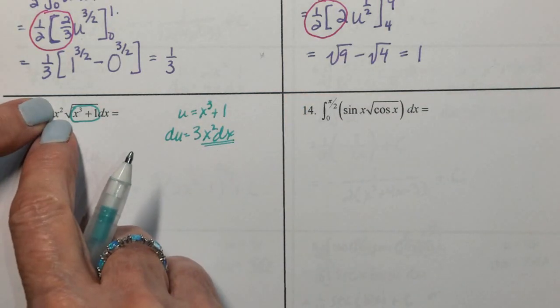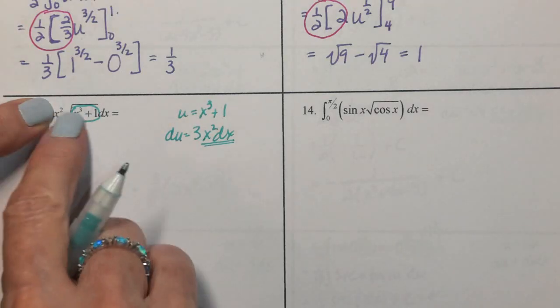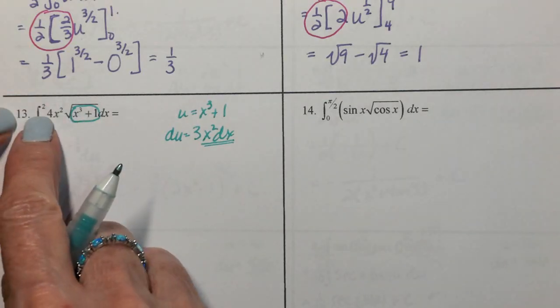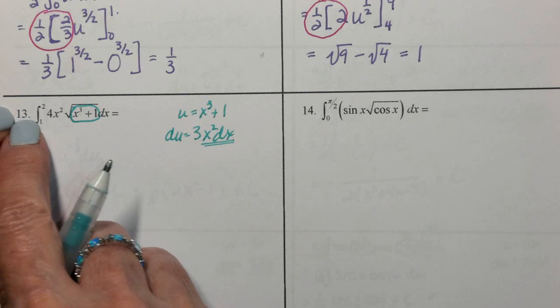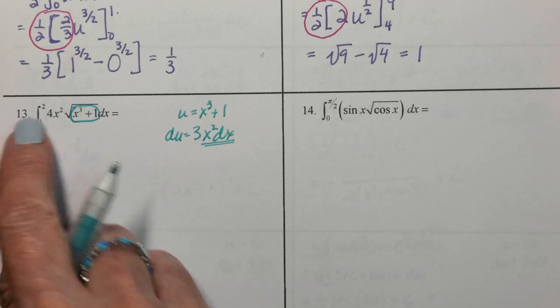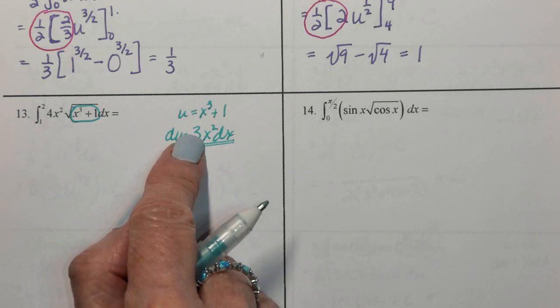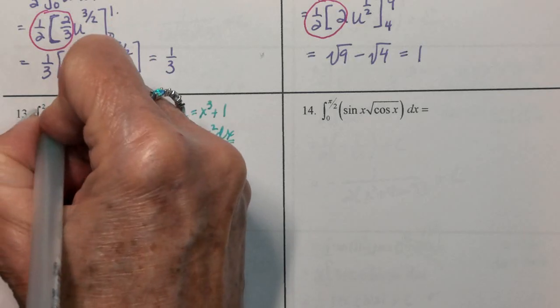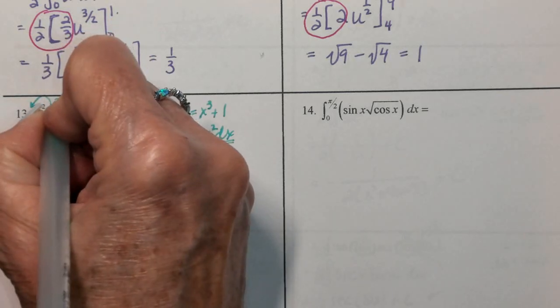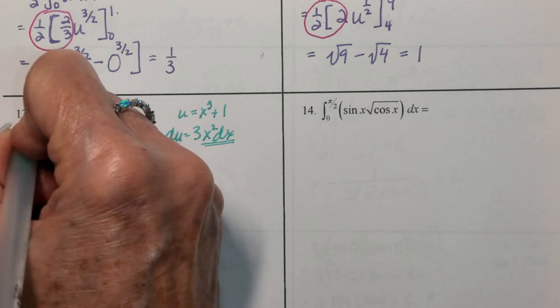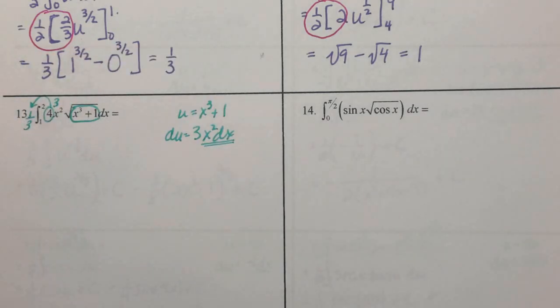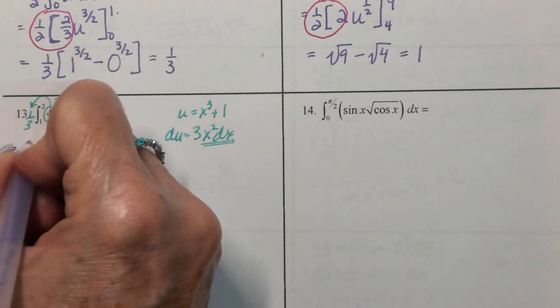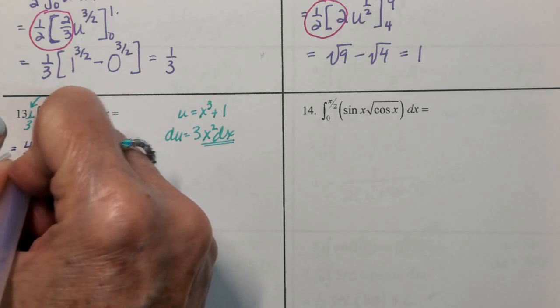He also left a 4, which we really don't want. I'm just going to pop it outside of the integral, and in its place I'm going to put a 3. So I also need to multiply by 1/3. So my new coefficient out in front will be a 4 over 3